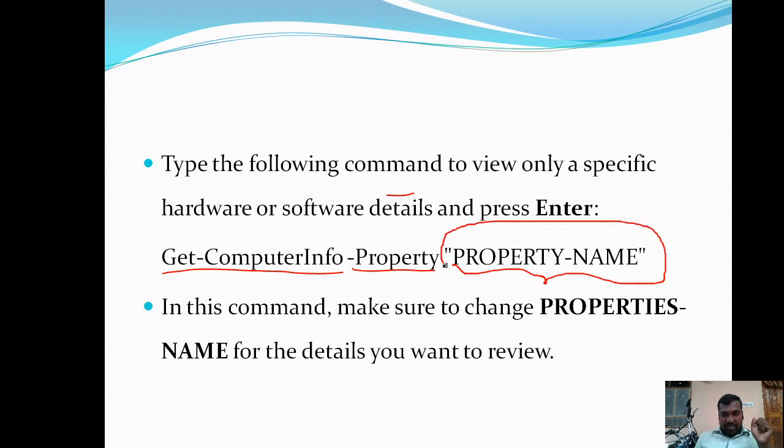The property name may be BIOS. If you want to know the BIOS component information, type BIOS followed by a star symbol, so that names containing BIOS followed by whatever else are displayed in the command prompt.